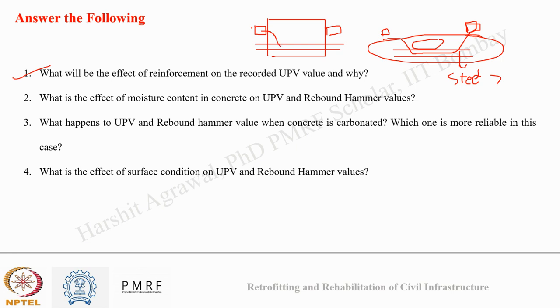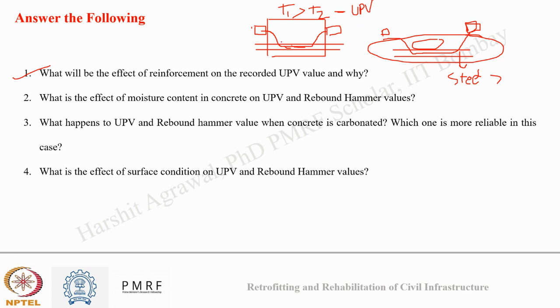So if my waves propagate through steel, what will happen? Its speed of propagation will increase since it is a more elastic medium and it has higher density. So actually my time of flight should have been T1, but due to the presence of steel, my time of flight will reduce. So if my time of flight reduces, my UPV value will be higher than it should be, and it may give